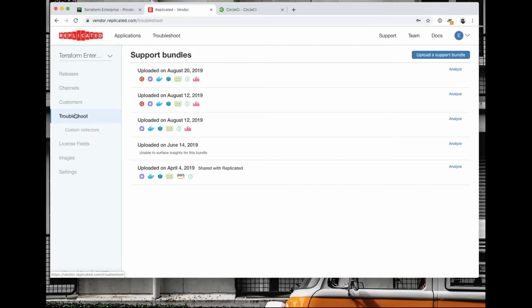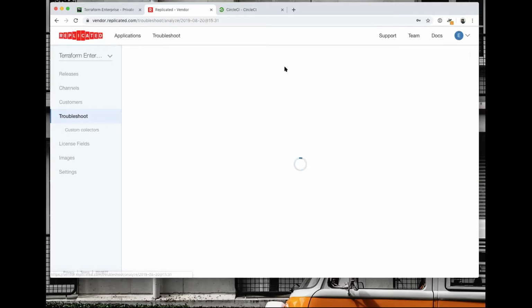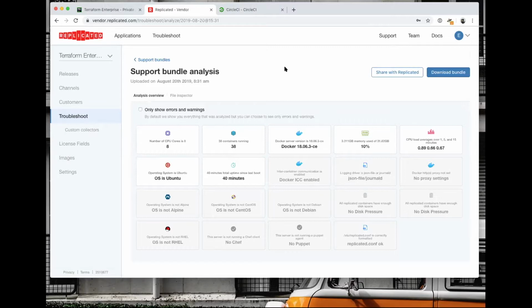So let's go ahead and click on a support bundle if you don't mind. Sure. Just click on any of them. What this will show first is just running those analyzers. You can actually write custom analyzers, though we didn't enable that in your account. If we enable custom analyzers for your account, you can create ones that will grep through, find some issue, and highlight it as a tile. So your engineering team or maybe an advanced support person can write these analyzers, and then they'll show up here. That way, your tier 1 team can just run through a list of analyzers that are executed every time you're managing the application.